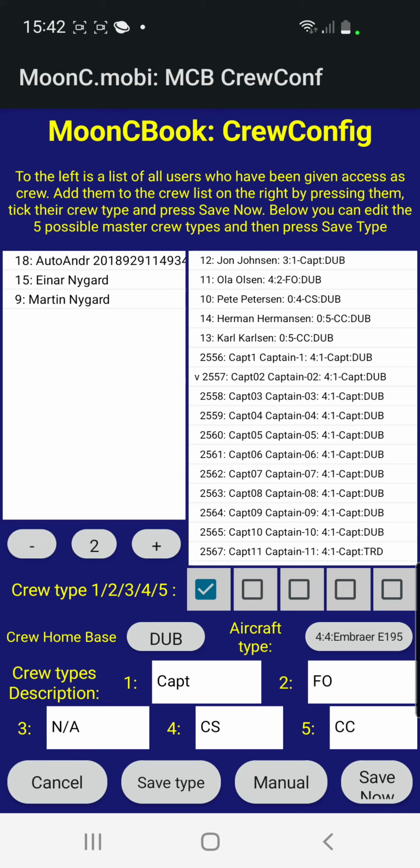You can do your own descriptions of the crew types if you set up your own airline, and obviously the aircraft type comes from the schedule config. Crew home bases come from the scheduled destinations,